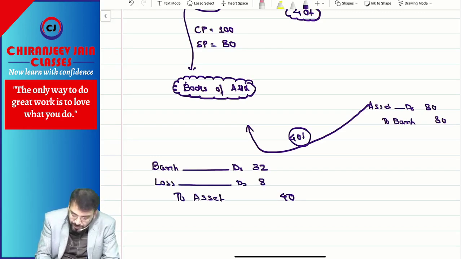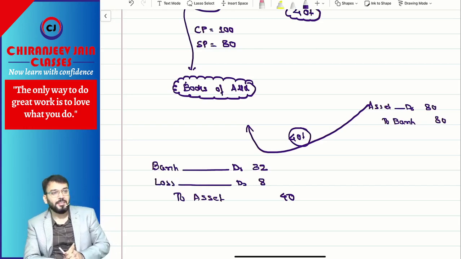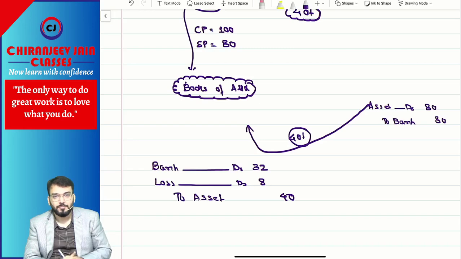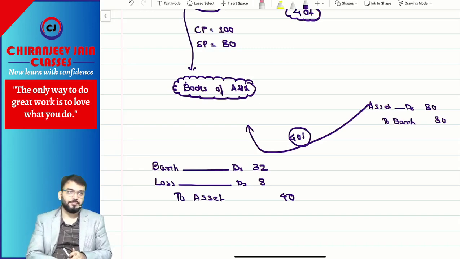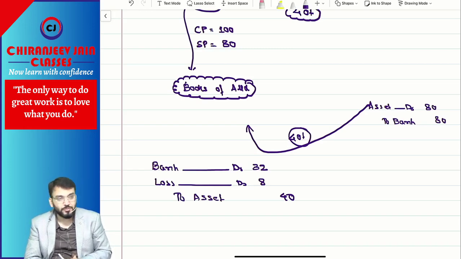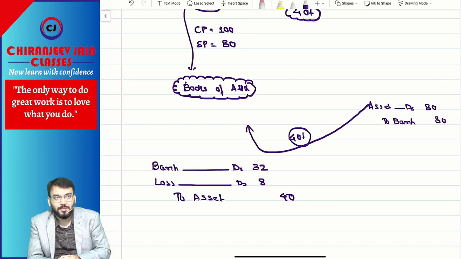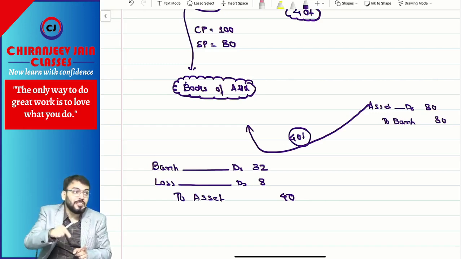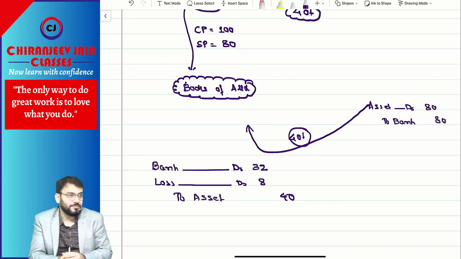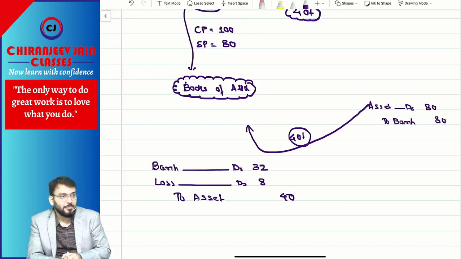Loss of rupees 8. Got this point? Have you understood? Means they have recognized only loss to the extent of other parties here. Means they should not recognize their own share of loss, because